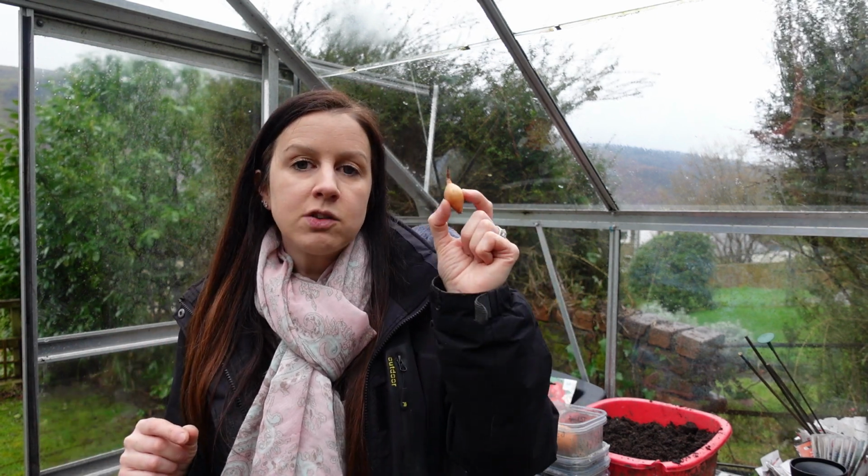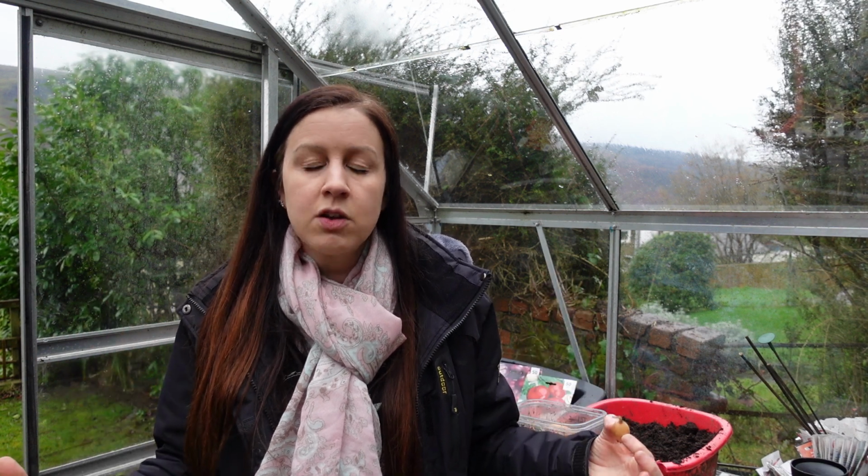But also, with an onion, they are biennial, and that means that they will flower in their 2nd year. So as these are already a year old, when we put them in the ground, maybe in October or December time, or even January, March time now, they are already set to flower in this next growing season, which means